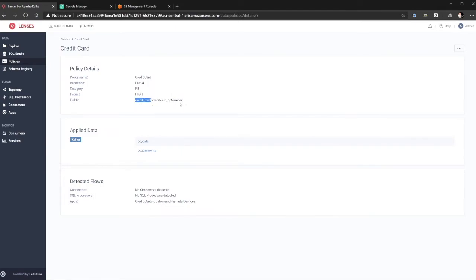It has 3 fields, credit card, credit underscore card, and CC number, that have been entered. What we're telling Lenses is that these are a credit card number. It's identified 2 topics that have it. It would also identify any indexes in Elasticsearch that had it as well. In terms of applications that are using it, okay, this is my sensitive data, who's now using it? It's seen that we've got these 2 applications using it, so that's the custom applications we looked at before. But if we actually drill into it,